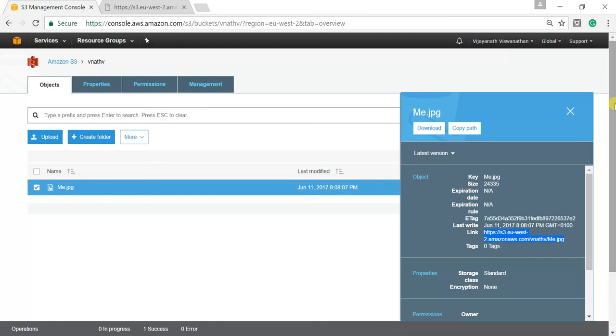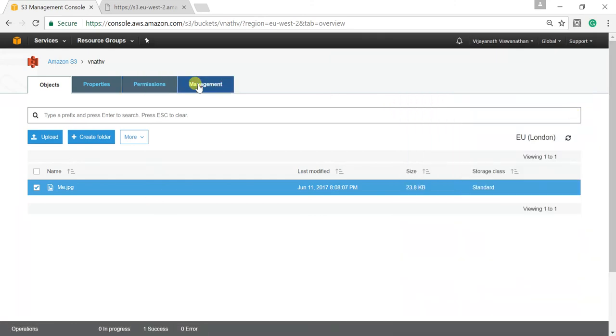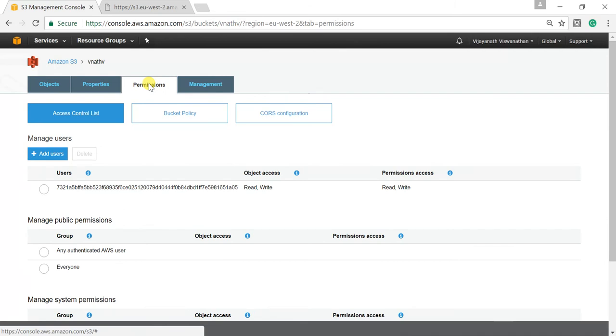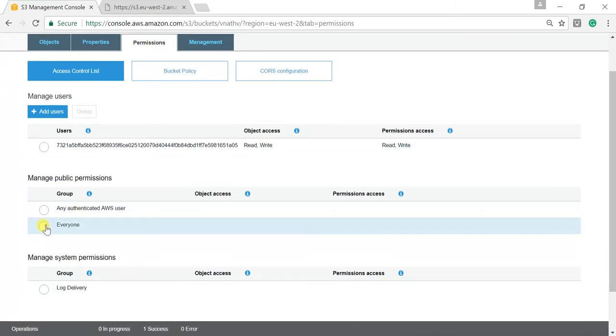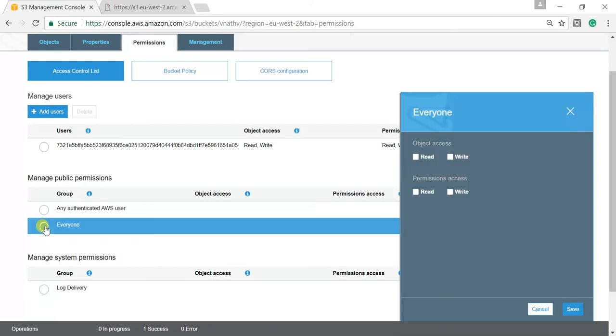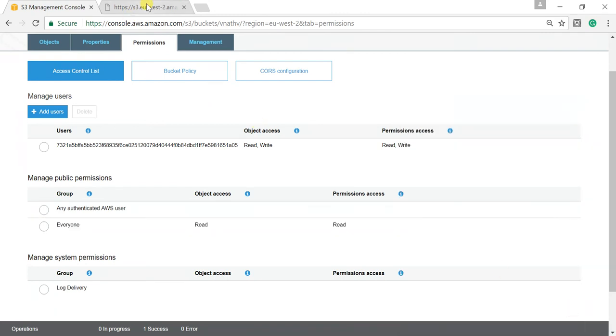As I've told, the default permission is private for the files we are uploading to the bucket. So we have to give permission to the file. Let me close this one. Let me go to permissions, and when you come down, manage public permissions, I'm setting that as everyone. I'm giving object access read and permission access read for everyone. When I click save, now when I come here